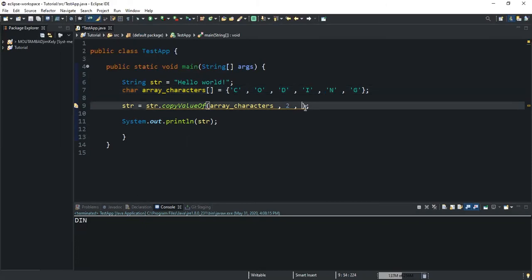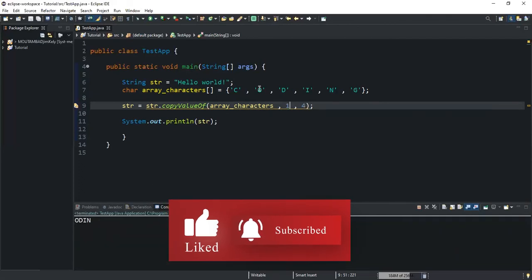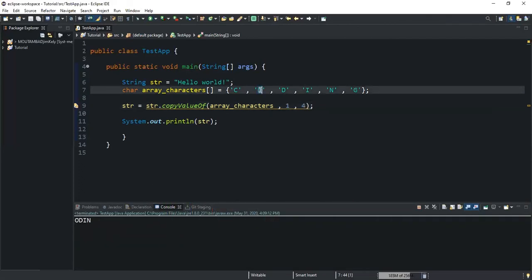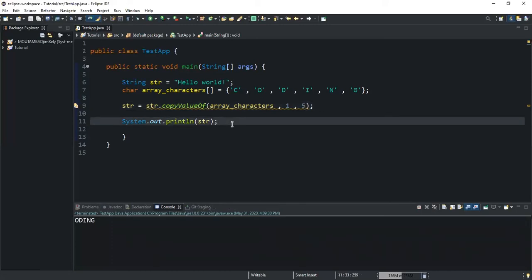If we say 4 characters, in our console, we also have 4 characters copied. If we say, okay, let's start copying from index position 1, and we copy 4 characters, so we will have odin. So index position 1 is character O here, so character O is character 1, character 2, character 3, character 4 is N here. And if we say, let's copy 5 characters, we will get oding. So guys, that's actually how you can play around with this copyValueOf method in Java